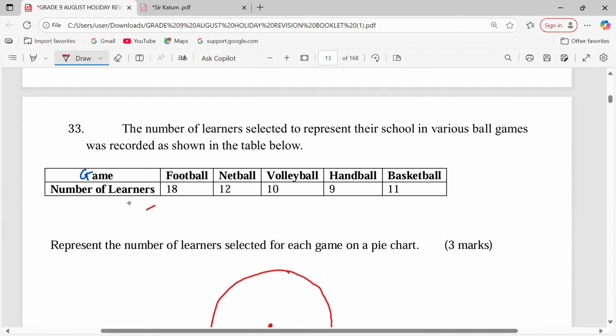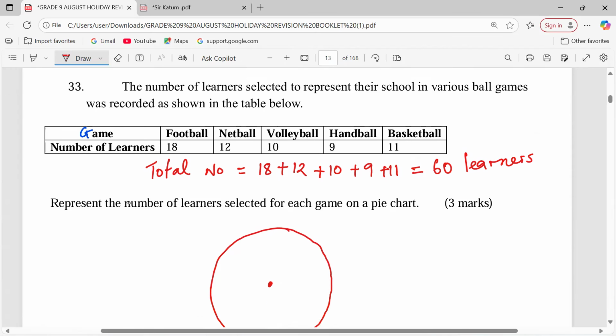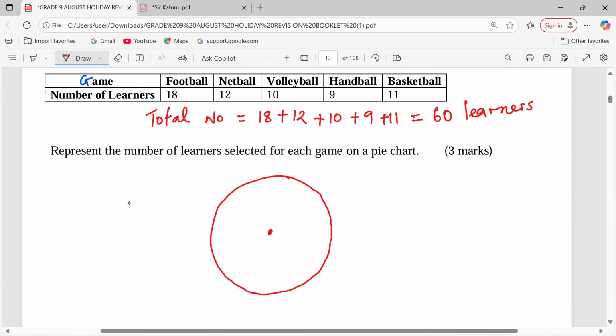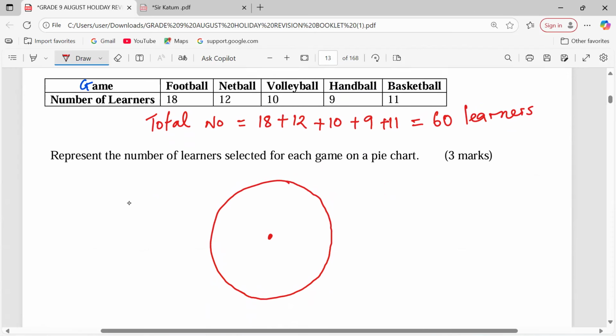So let's check the total number of learners here. The total number of learners shall be 18, 12, 10, 9, 11: 30 plus 30. I think we're getting 60 learners. Please confirm with me. Exactly 60. So the total number of learners is going to be represented